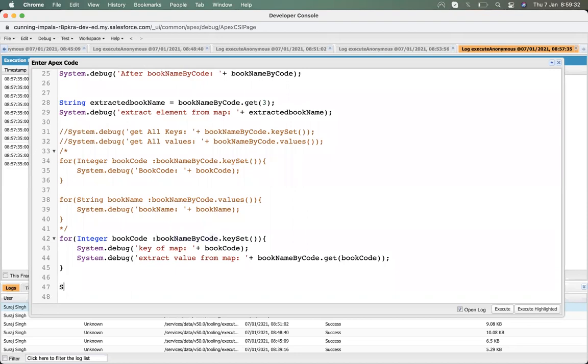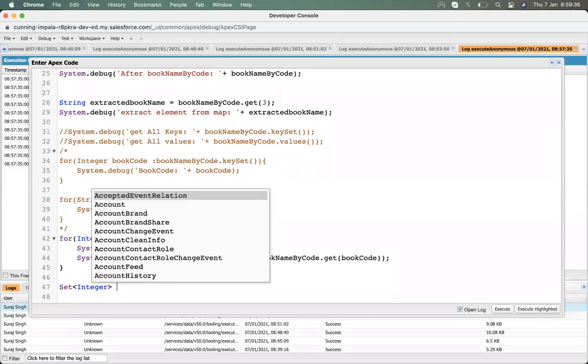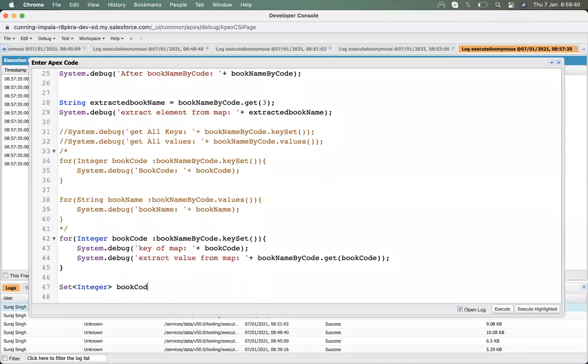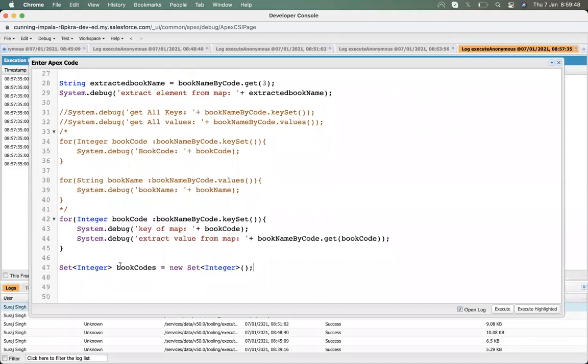Set of integer, book codes. Okay, since it behaves as a set, it will store all the set values in the bookCodes.